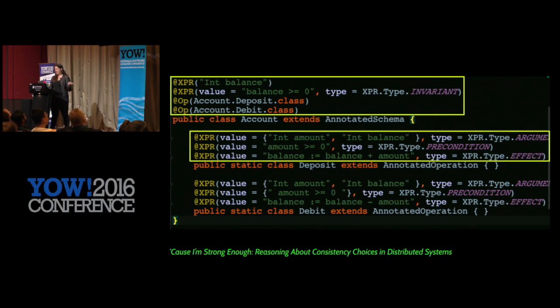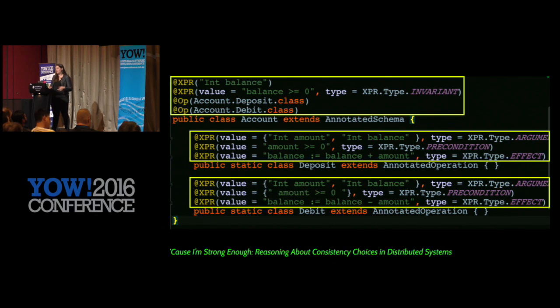It then goes on to say on deposit, I have an integer that I'm adding to my account balance. The amount of a deposit must be greater than or equal to 0. So then the new balance will be the balance plus the amount. So math can basically prove that this will never violate the invariant that your account goes below 0, because you're adding a positive number to a 0 or a positive number, which will always give you a non-negative number. So that's cool. We don't really need any coordination around adding money to your account.